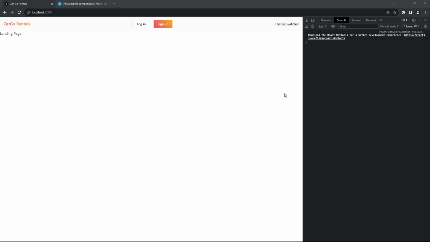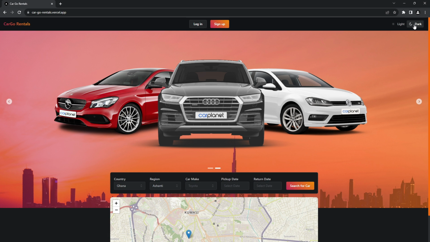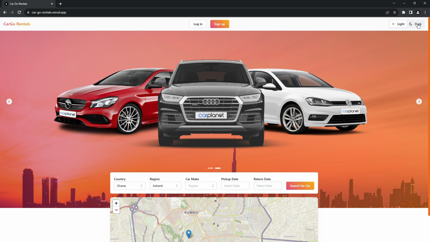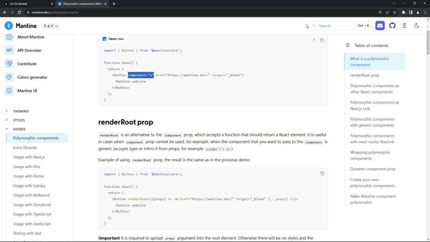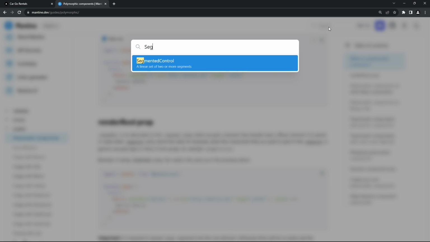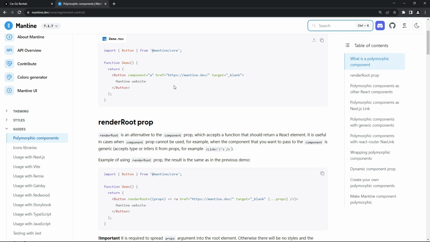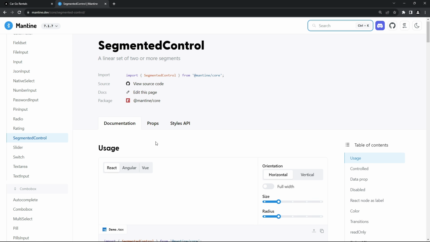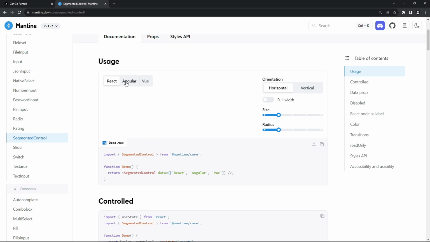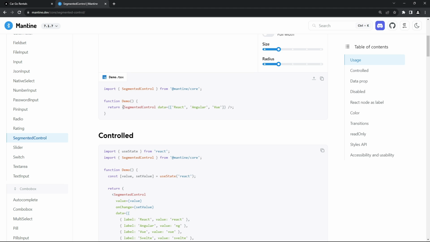Now, from the finished app, as you can see, this theme switcher uses more like a switcher. This is basically called segmented control. So I go to Mantine and we search for something called segmented control. As you can see, segmented control, that's what I mean. Yeah, this is what we are going to be using. So I'm going to copy this,